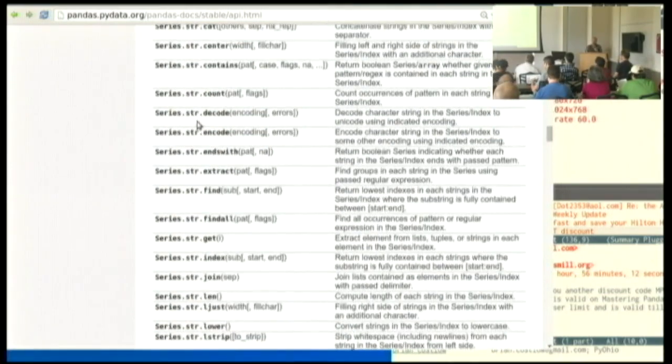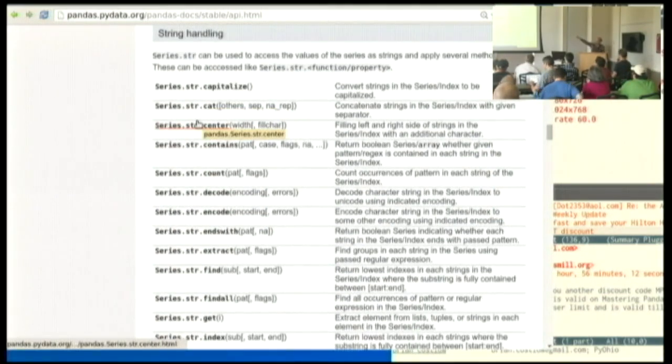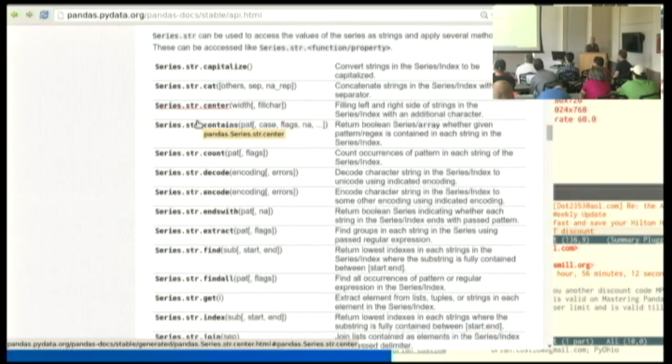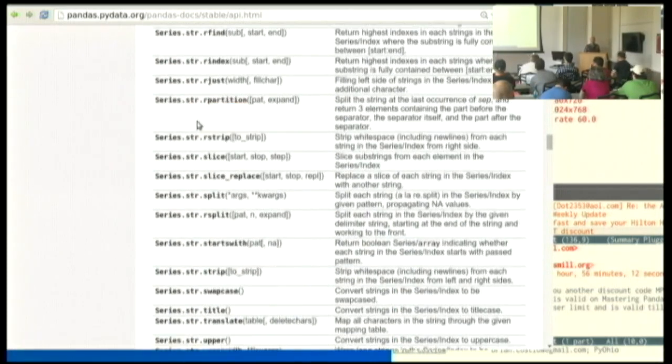And the other thing is someone asked about string operations. Go through this section on string handling. Any series, like movie titles, like character names, like actor names that you pull out, you can say the name of the column, .str, S-T-R, dot, and you'll have all of the normal Python operations and more for doing string operations, starts with, ends with, and things that can let you handle those as strings.